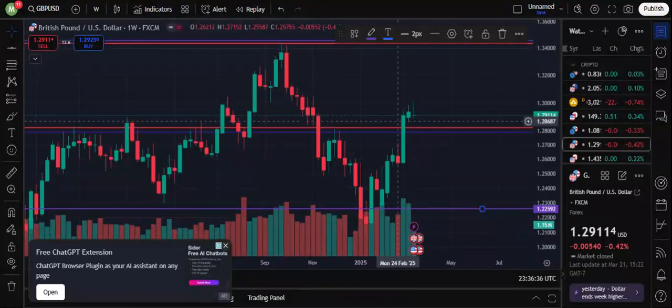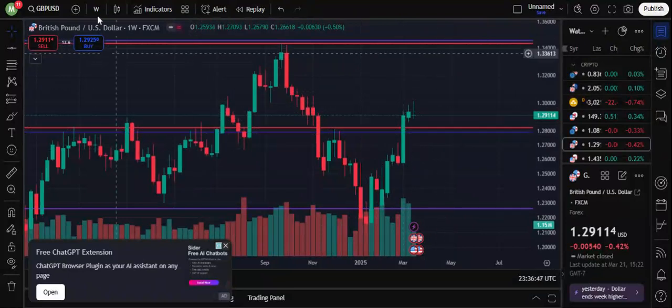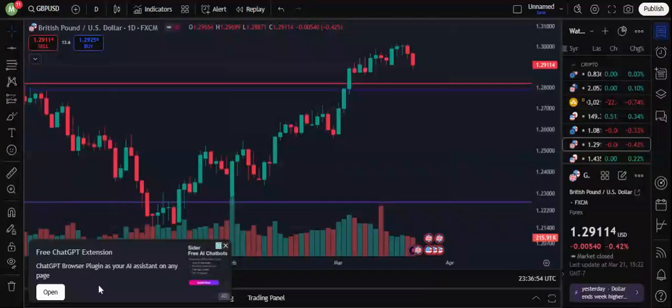So what you should be looking at around the zone is to buy. Don't even think about selling. Look to buy, not sell. Buying. Let's go down to the daily. So now we are on the daily. This is the daily. We have